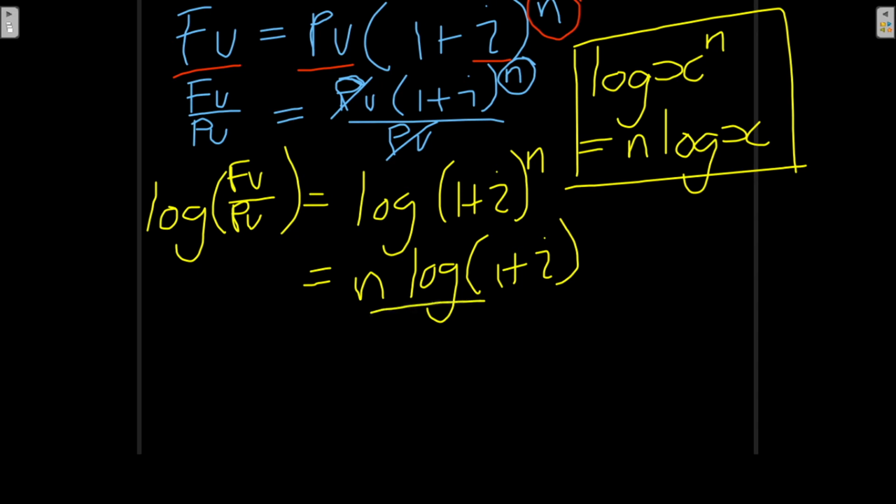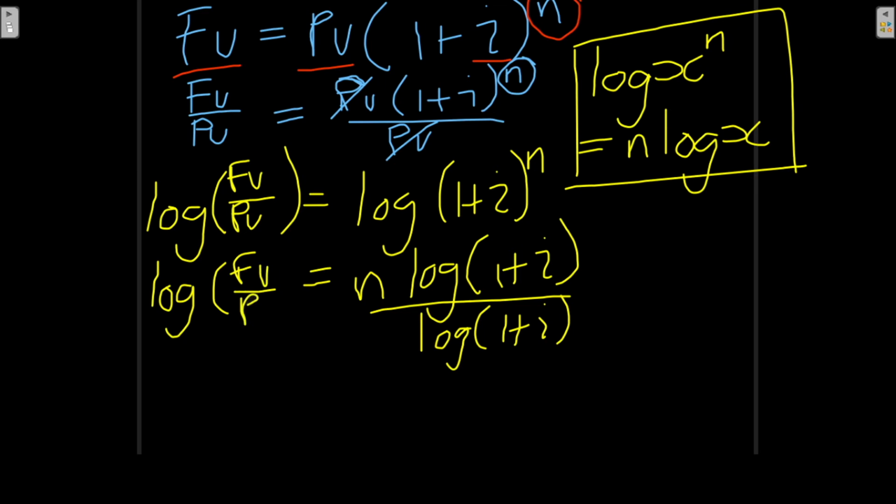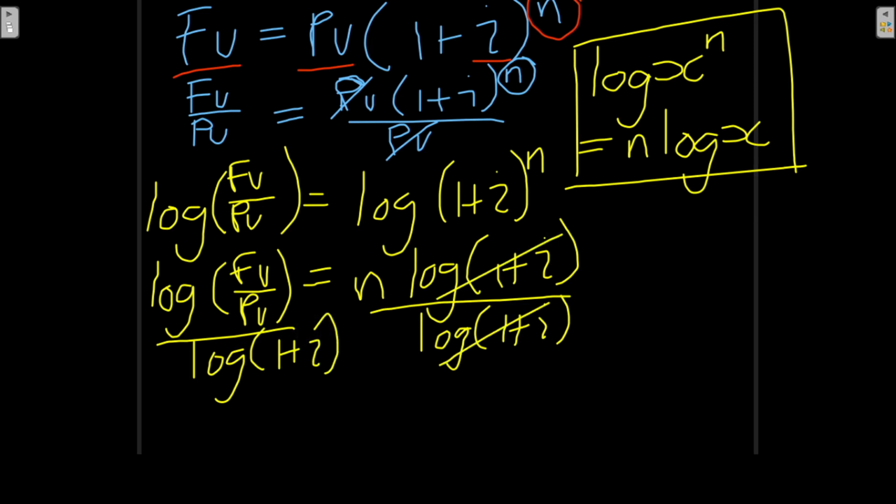So I'm going to divide here on the right with the log of 1 plus i. And if I do it on the right, I have to do it on the left as well. So I'm just going to rewrite this. Okay, so this will cancel out and that will cancel out. So let me just rewrite it now, so that n is equal to